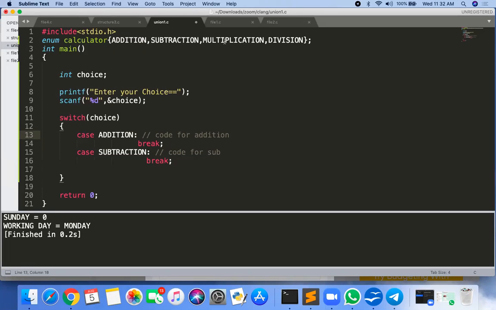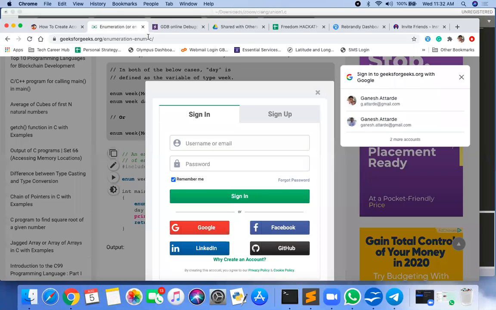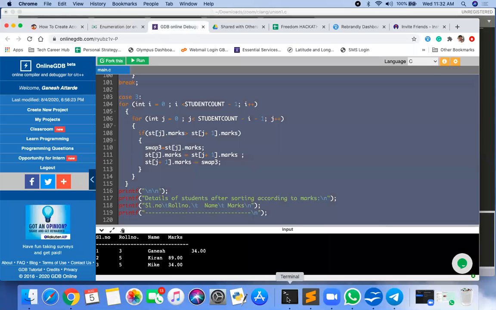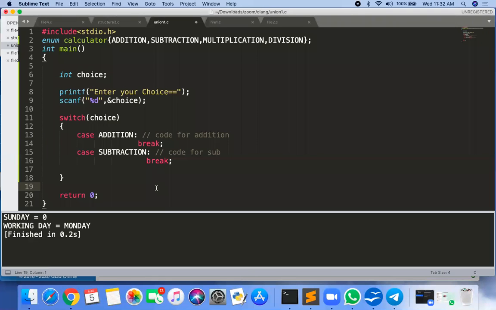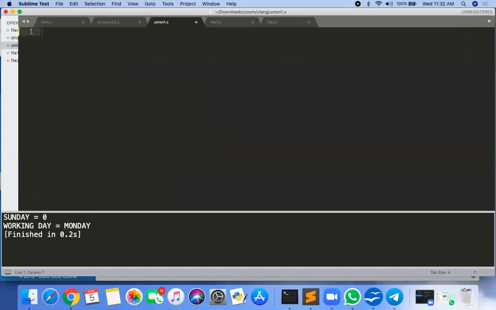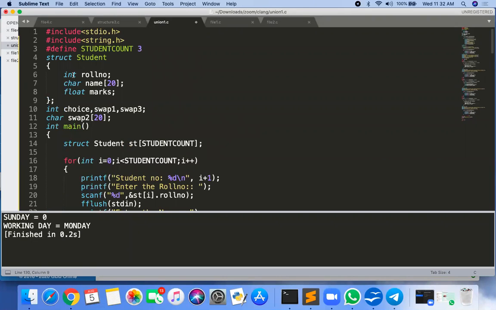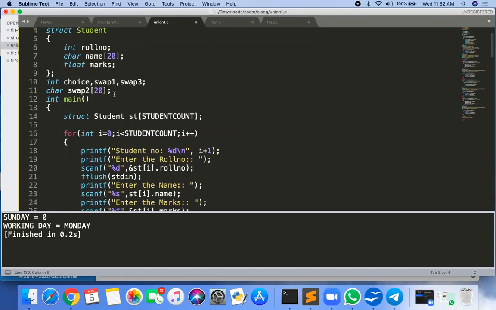Okay, so file operation we will take tomorrow, but before that, the program that you have shared with me, we are going to modify here. Okay, so this is your program: struct student, roll number, choice, swap.